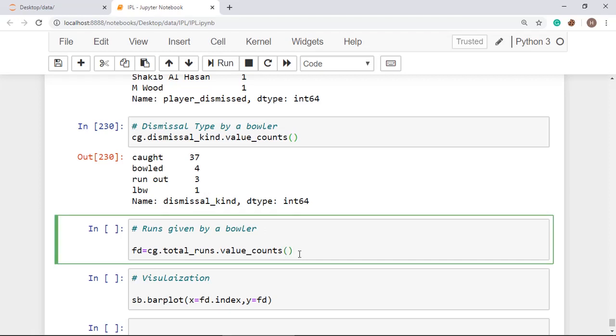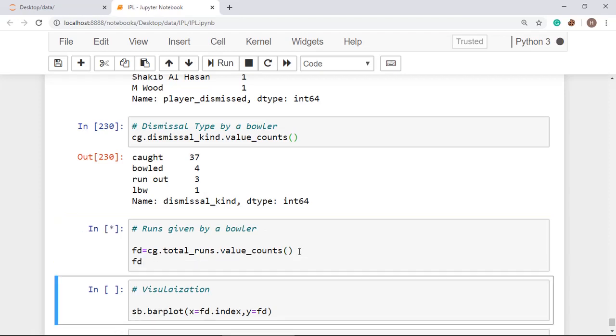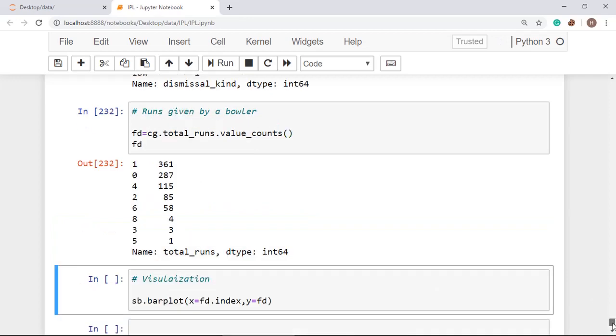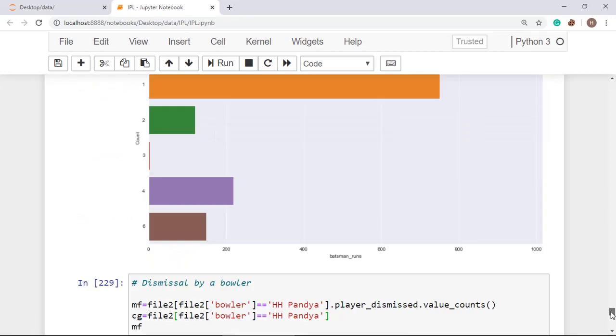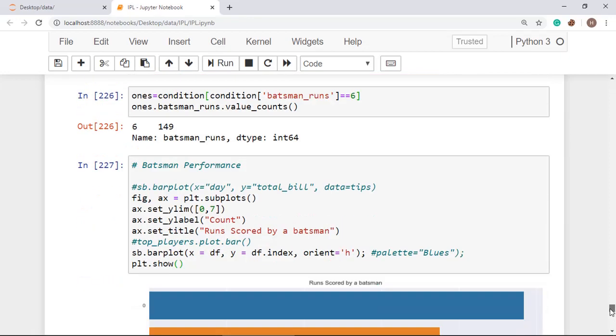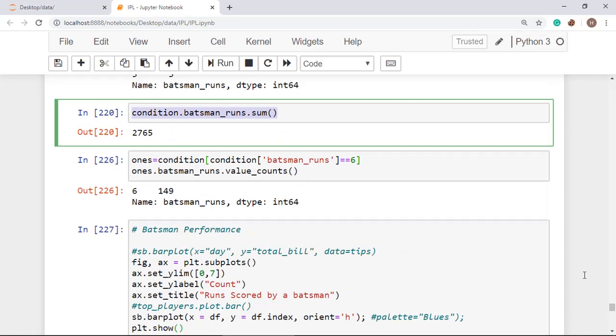calculate the runs given by a bowler. Just apply this syntax, and you can see the bowler has given this many runs, and as we calculated here the total runs scored by a batsman, this same thing you can apply for the bowler also.